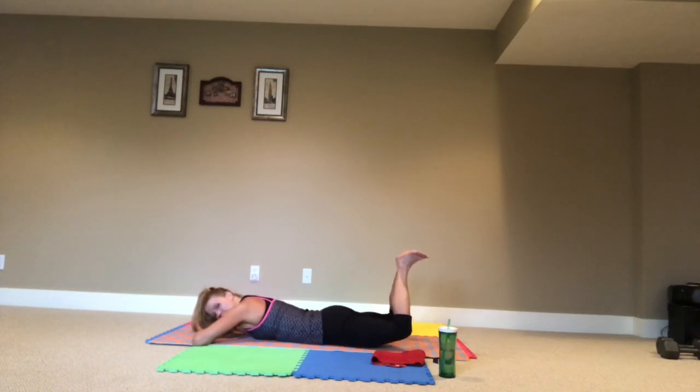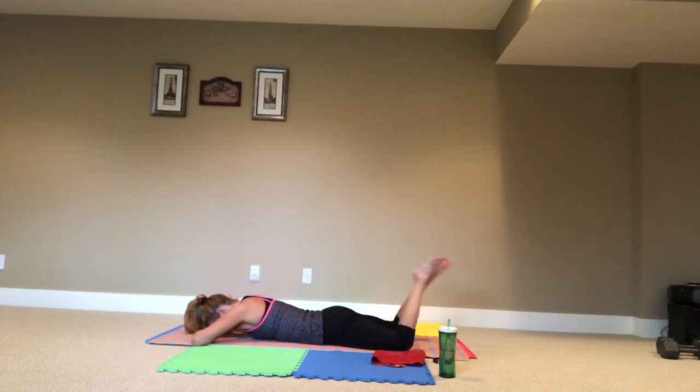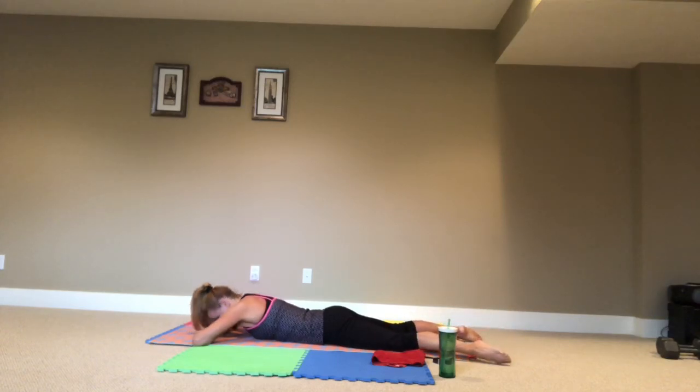Now pulse it at the top. Pulse, pulse, pulse. Four, three, two, one. Hold, squeeze, and release down, and release those legs. I want you to toe out a little bit, keep them out, keep them nice and strong, squeeze through those